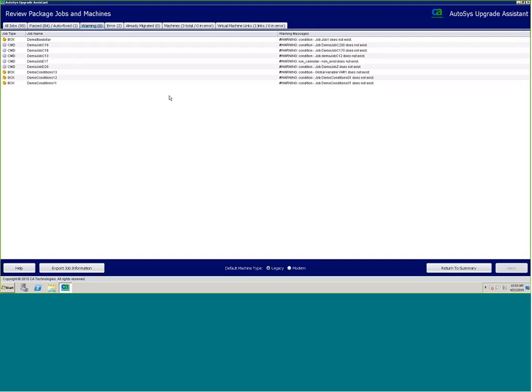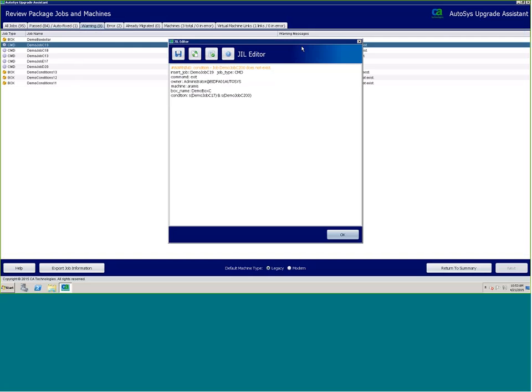The warning tab is for jobs whose GIL will migrate, but there was something that we detected that we wanted to make you aware of. So for the example in here, we have a job which has a condition statement which references a job that wasn't included in the package. Now keep in mind, this is a very important piece of information because, as I mentioned in the beginning, the upgraded system will go through up and downstream and retrieve all of the jobs related to the jobs that were selected. So if a job is not included, that means it didn't exist on the source at all, and chances are